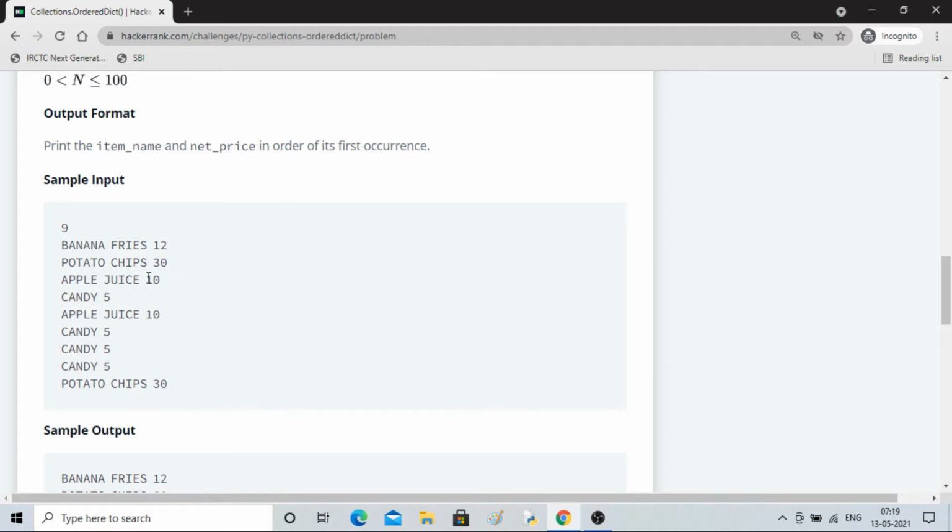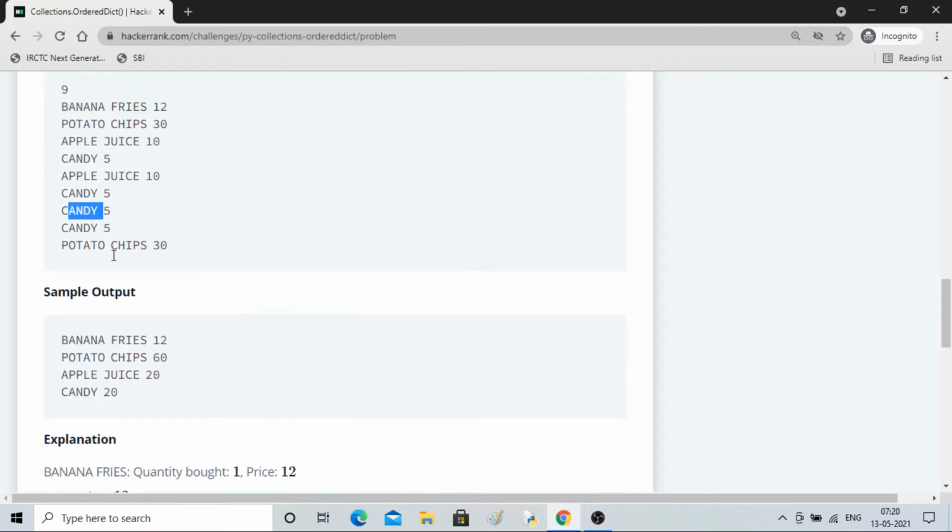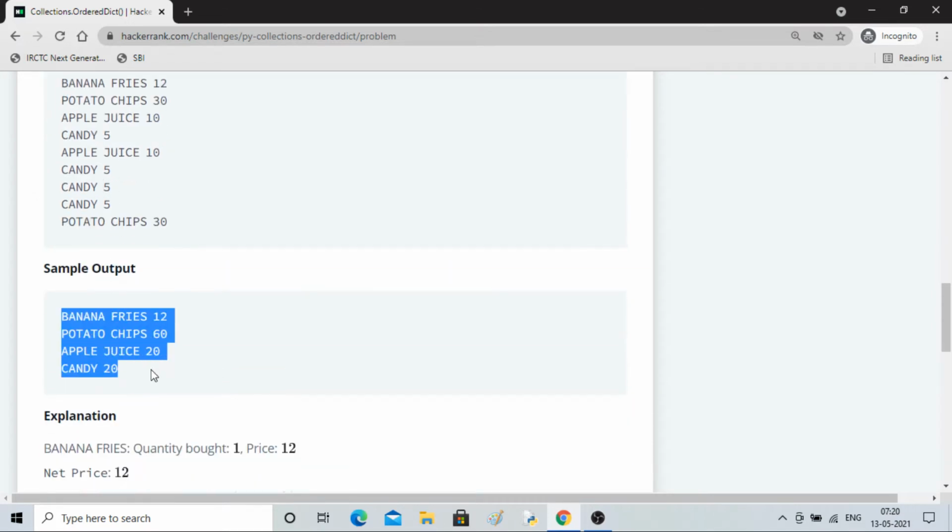Then apple juice whose price is 10, candy whose price is 5. Then again apple juice has been purchased whose price is 10. So per head price is given to you. Okay, so apple juice, again apple juice, then candy, again candy has been purchased. So it is redundant data, right? So in the sample output, whatever items you are purchasing will be written,